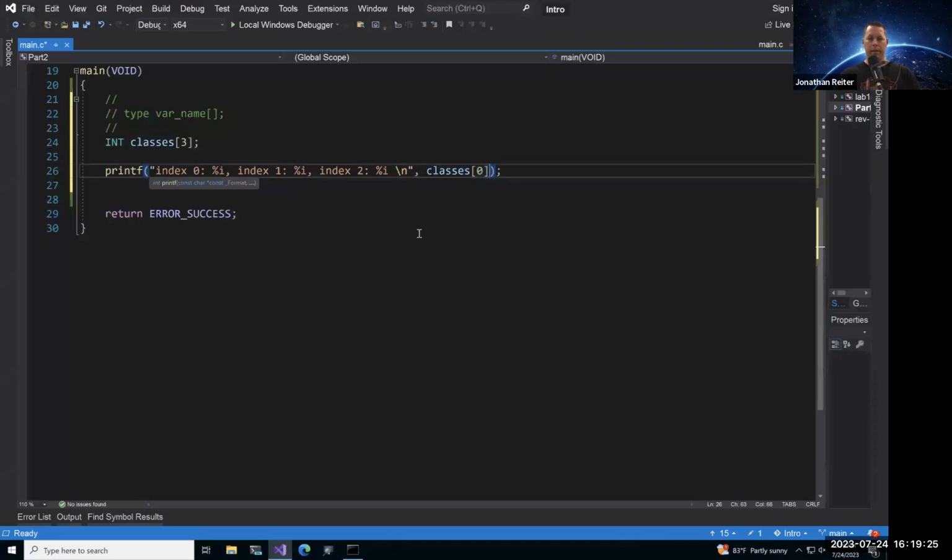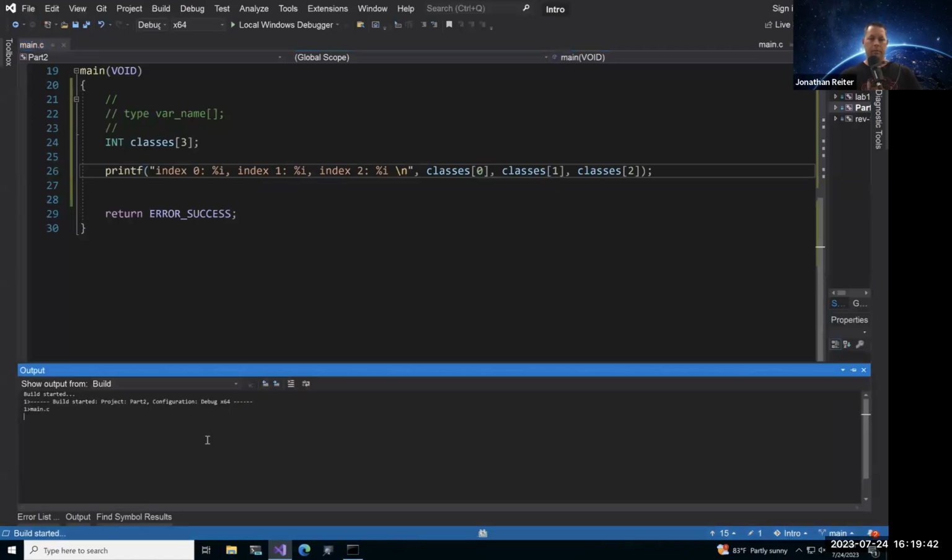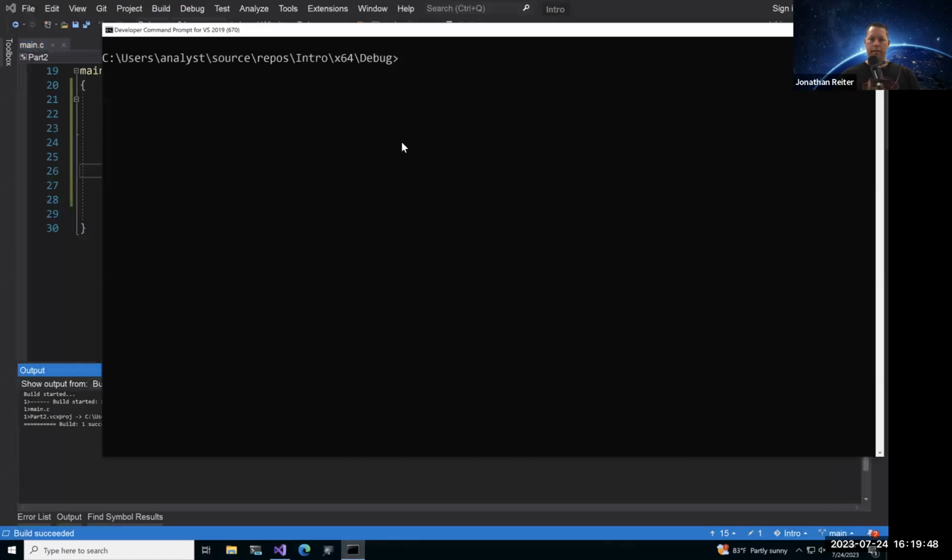I'm just going to copy and paste the rest of this and fill it out later. There we go, and 1, 2. All right, I'm going to save that one and we build it. Okay, build was successful. Go ahead and run it.